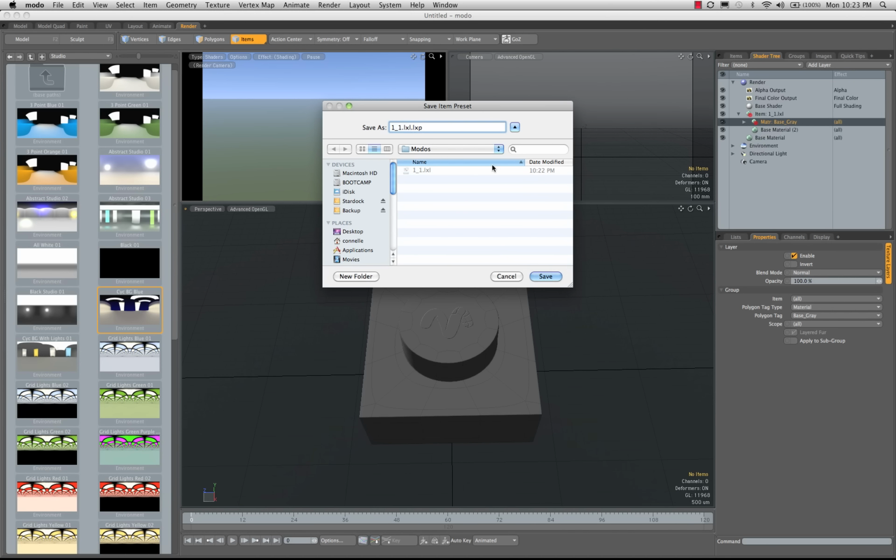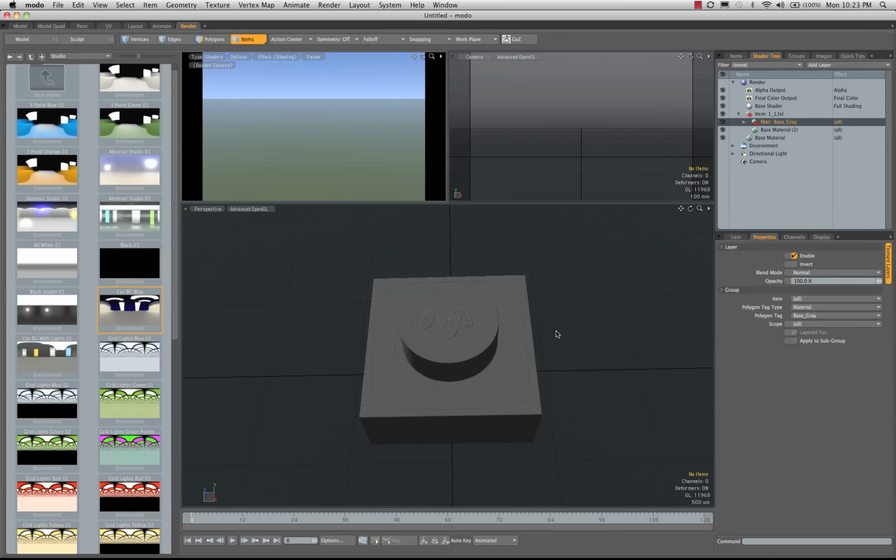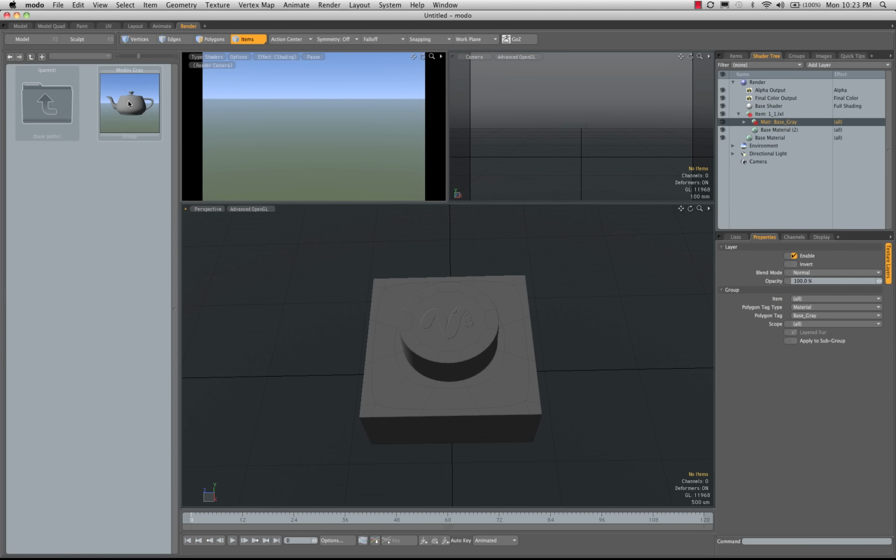I can take out this LXL, I'm just going to call this Modo gray, and let's go to assets, materials, make a new folder, Modo, create, and we'll drop this in there. But now when we go to this one, if we notice, let's see here, materials, our Modo, see that we get this kind of on this teapot here,